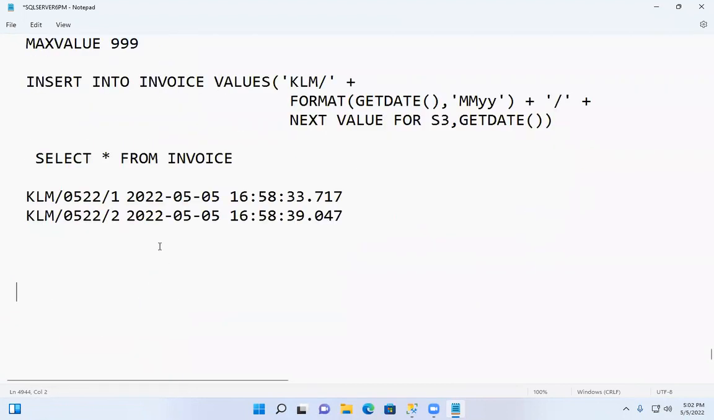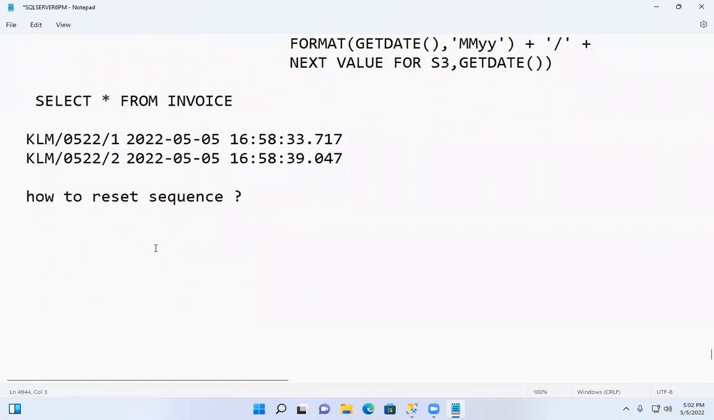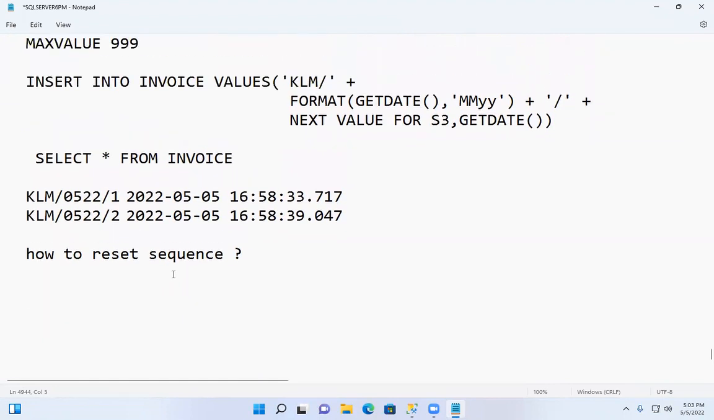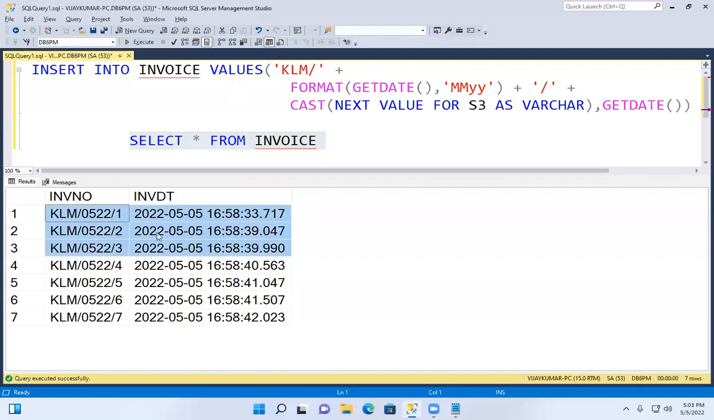But suppose next, how to reset the sequence? What is the meaning of resetting the sequence? Resetting the sequence means starting again from 1. If you see this here, this is 05, May month. Okay? 05, May month. Suppose in May month,